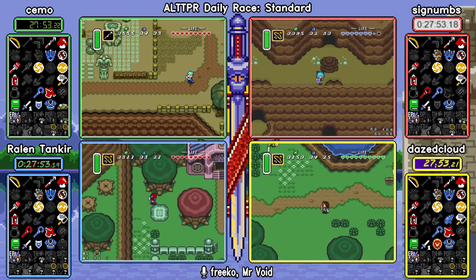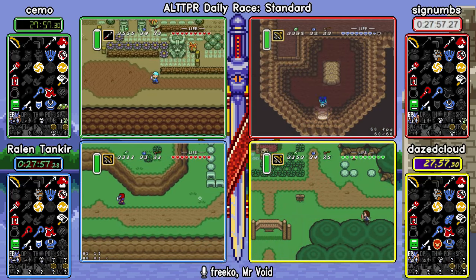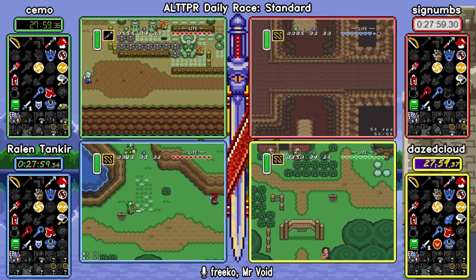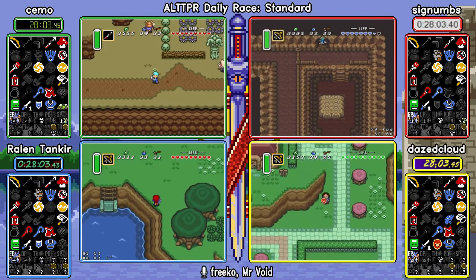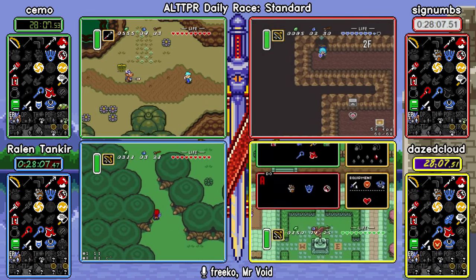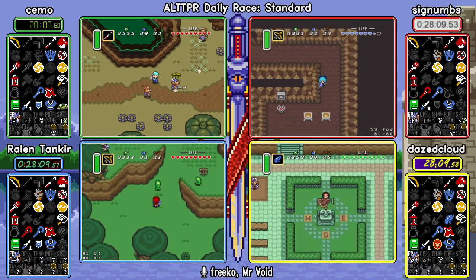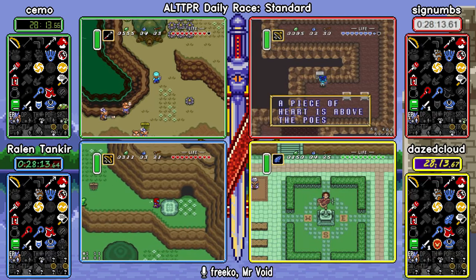The only problem is Simo doesn't have the gloves. Yeah, that's a little bit of a problem, but it doesn't look like anything's stopping him from getting into the village of outcasts. There are plenty of checks there. You also have Skull Woods. But